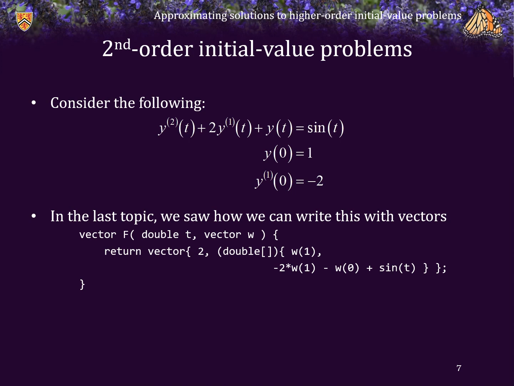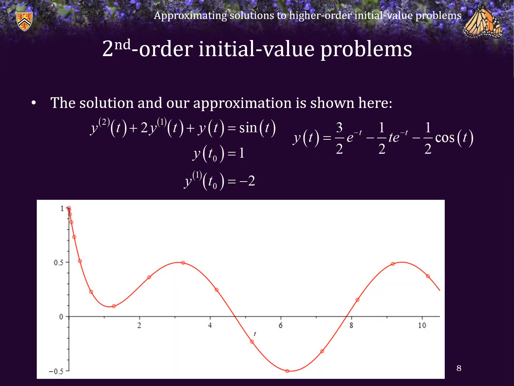So now it becomes negative 2 times w1, w1 representing the derivative of y of t, minus then again w0, which represents y of t itself plus the forcing function, in this case sine of t. All right, we can now find the solution to this using the techniques in calculus, but on top of that, we are going to enter this into our